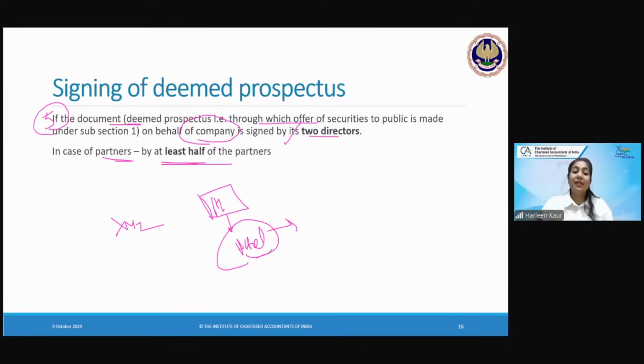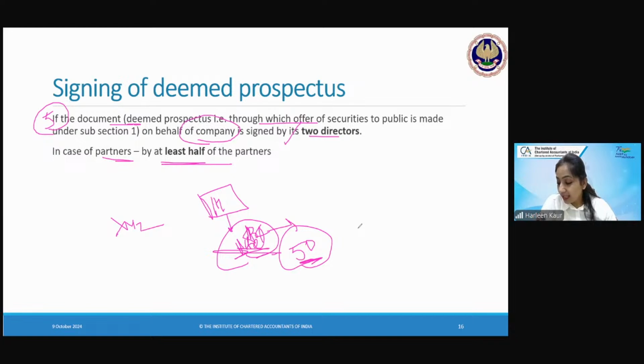2 directors will be signing if the issuing house is A Limited. If the issuing house is AB Associates, so there are 50 partners in AB Associates. How many partners shall be signing the deemed prospectus? If the issuing house,